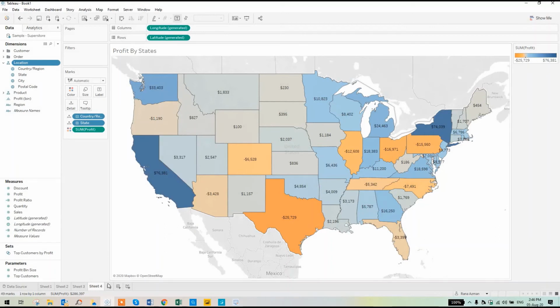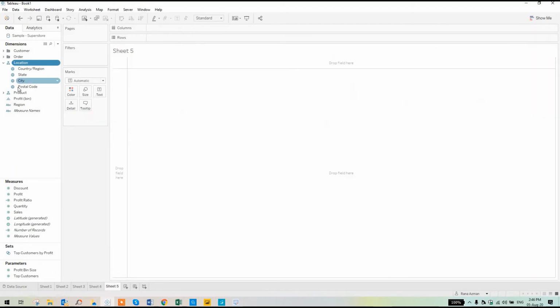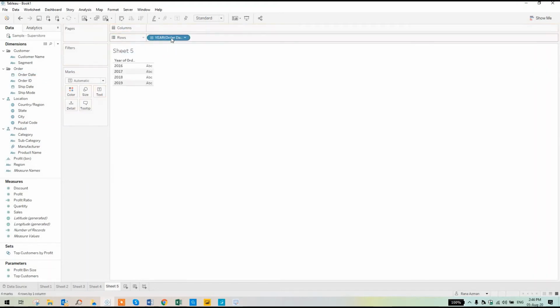Okay, so let's create a 5th visualization. Now we have to define on which day we get the highest number of orders, in which month or in which year. So for that we'll have to use the date over here. So we'll just drag and drop this date to the rows, and as you can see, it is showing the date by year by default, but you can see the plus sign over here.